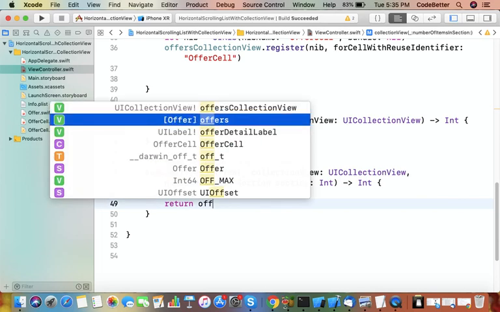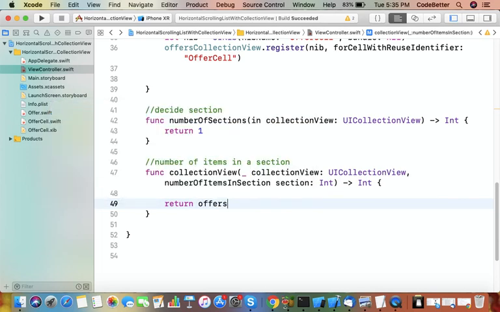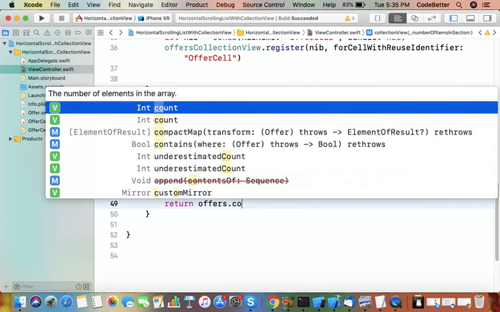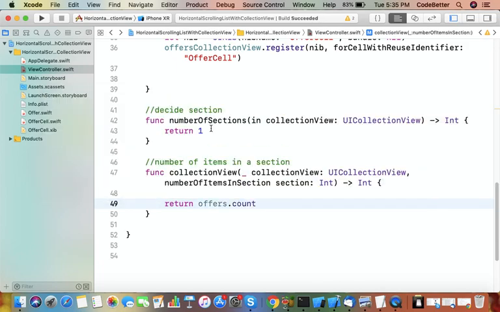We have the offers array and we return its size. So in one section, offers array dot count items will be there, that is 9 in our case. So it will create 9 items.